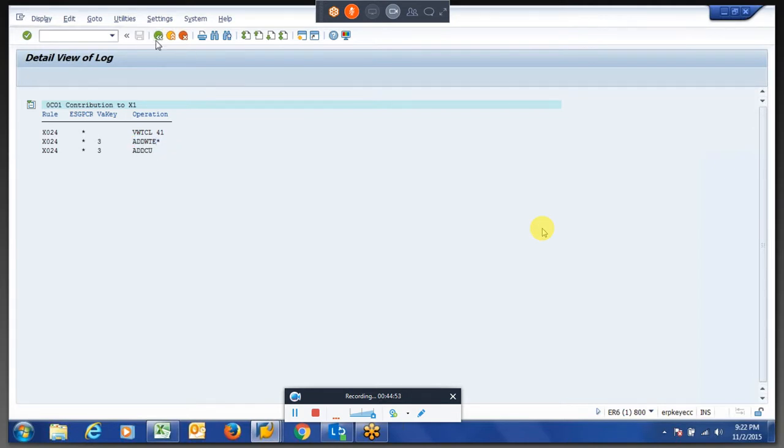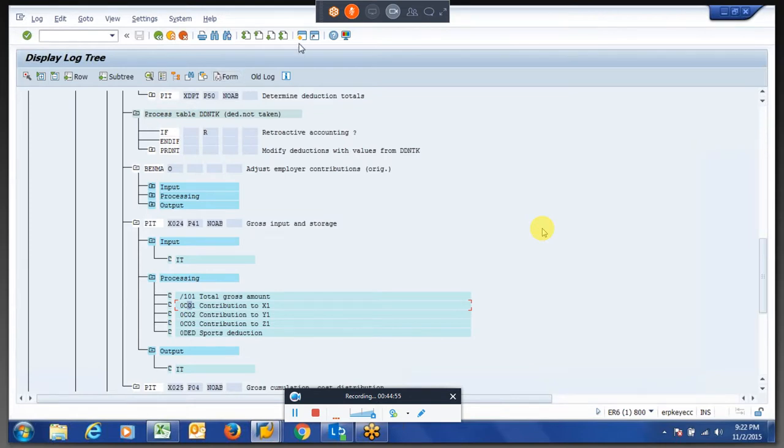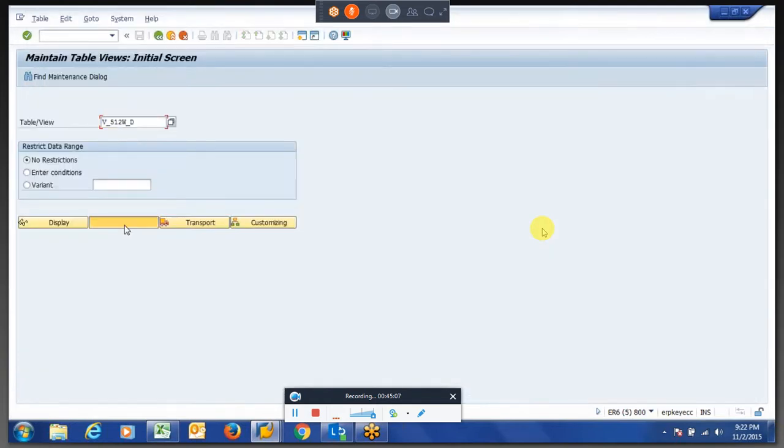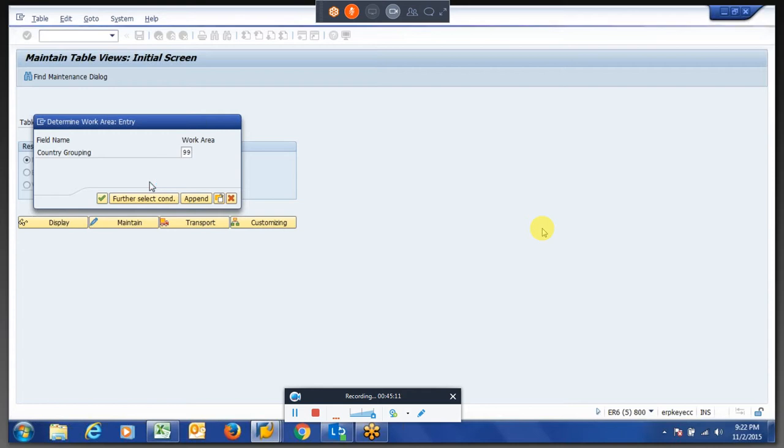So what we have to do, because we are writing the PCR after that, we have to change processing class 41 for those newly created contribution wage types.